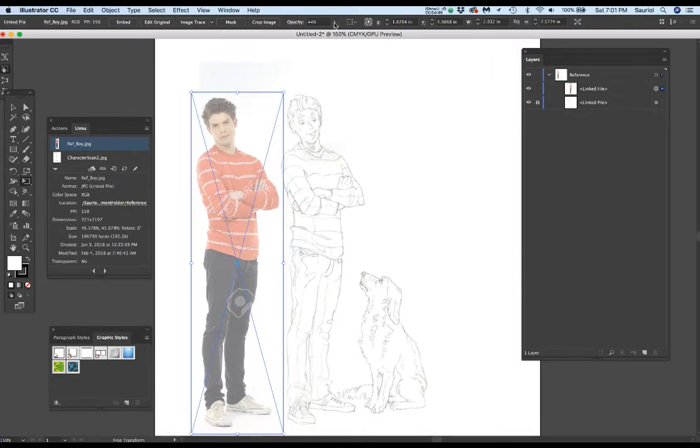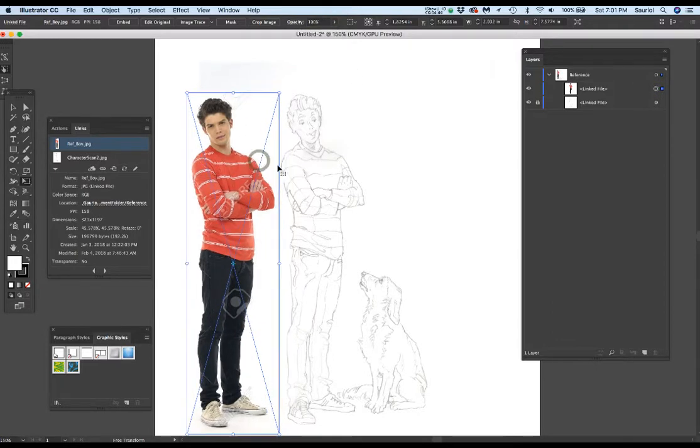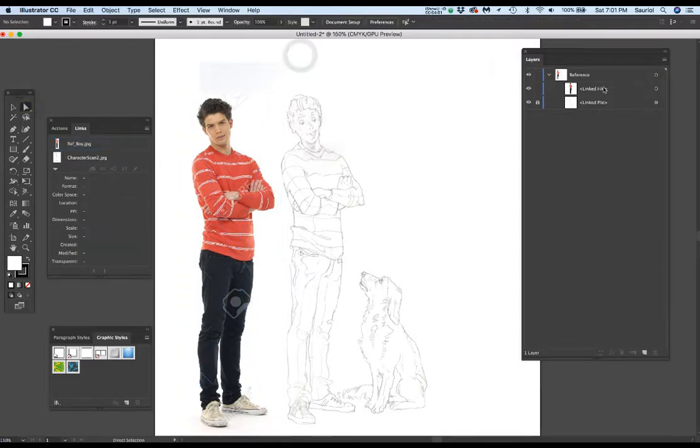Okay, now let me put this back up at 100%. Now I'm going to save the file. I need to move it over a little bit more. Now I need to save the file. Okay, so I'm going to go to the direct select tool so I can click away from that. And now I have the boy image in there, but I want to save it